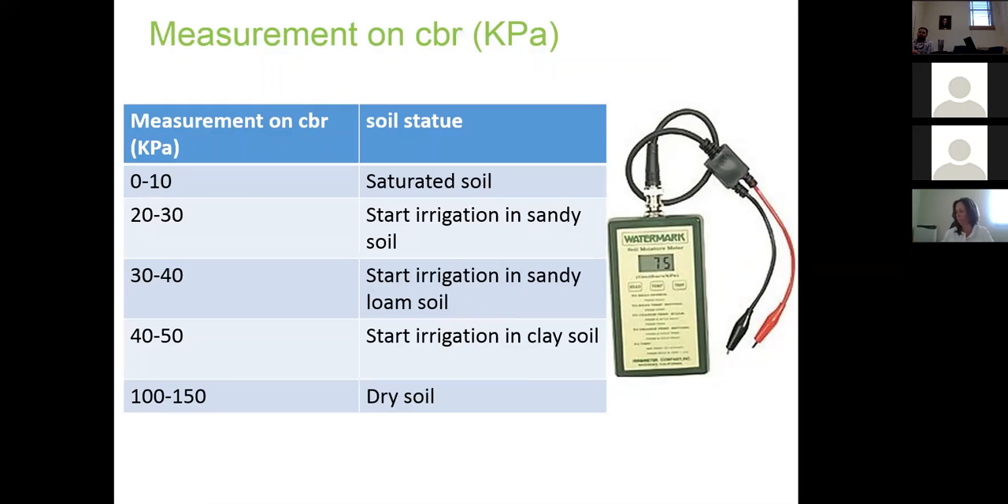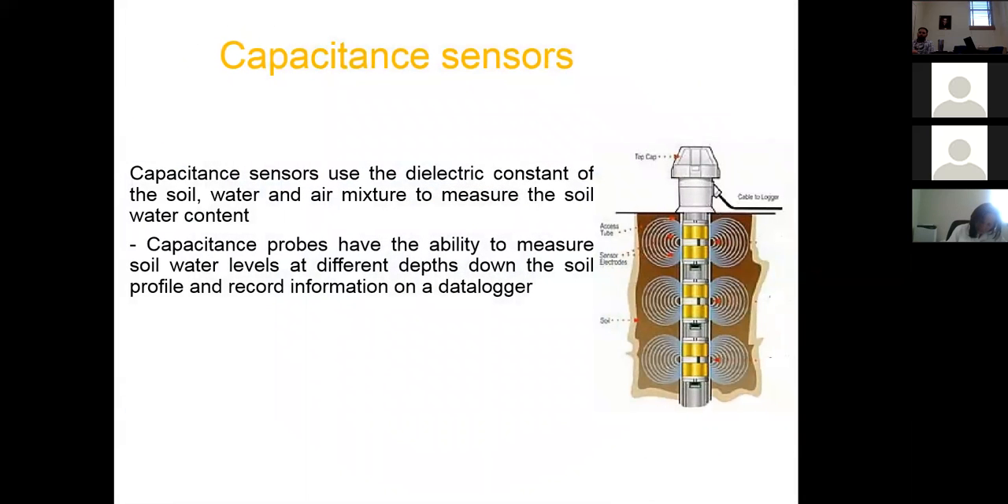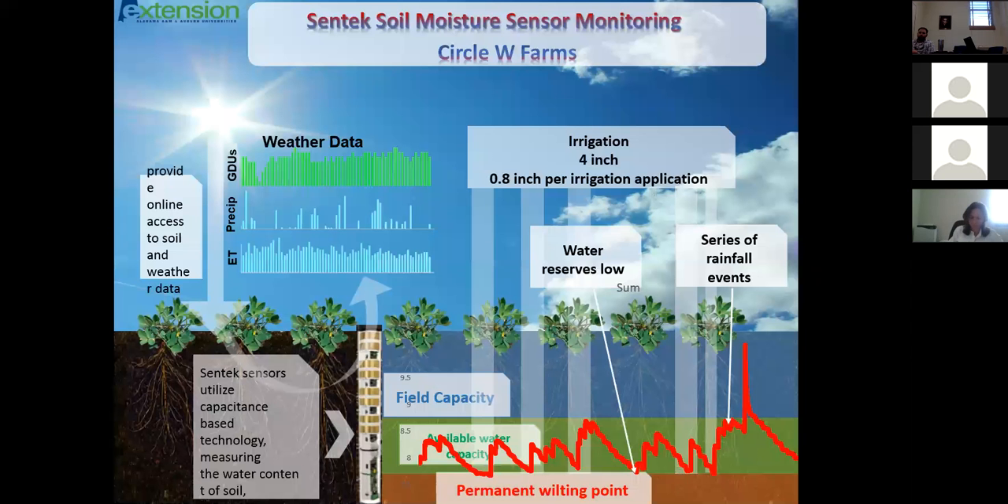It's simple to use, and we will see the advantages and disadvantages of this tool. The other type of sensor is capacitance sensors. Capacitance probes have the ability to measure the soil water levels at different depths down the soil profile and record information on a data logger. This is a graph presenting